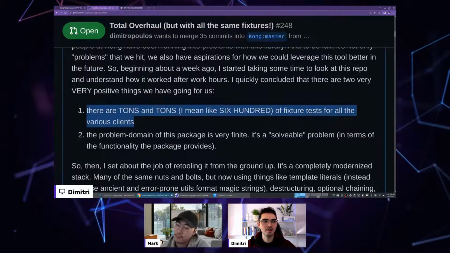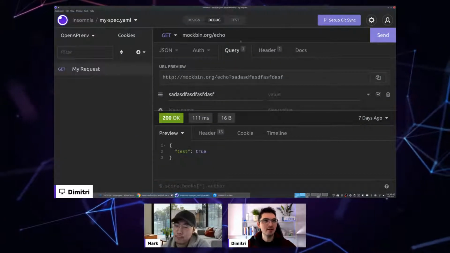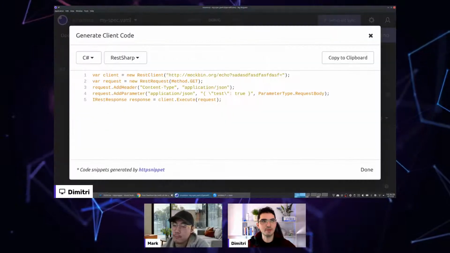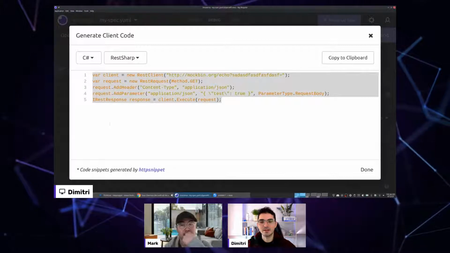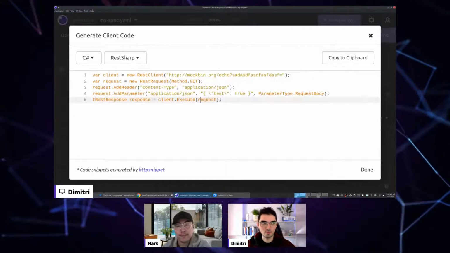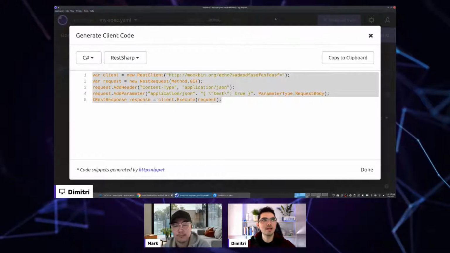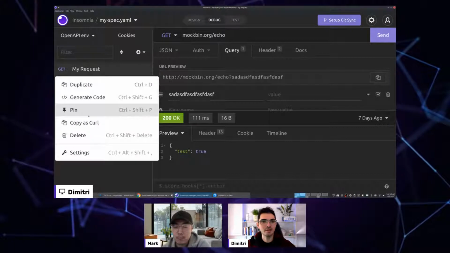there were tons and tons, like 600 fixture tests. The fixture tests are like the input is the underlying data, and I'll talk about what that underlying data is in a moment. The input is the underlying data for the request, and the output is the character code point output, like the string. You could consider this one string, right? And so we had lots and lots of tests for every single